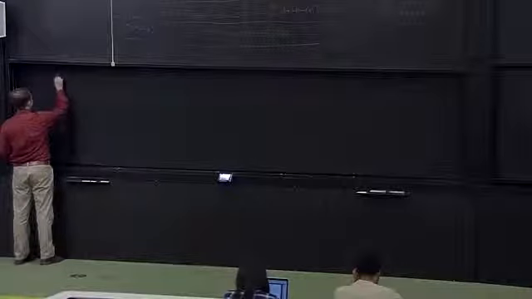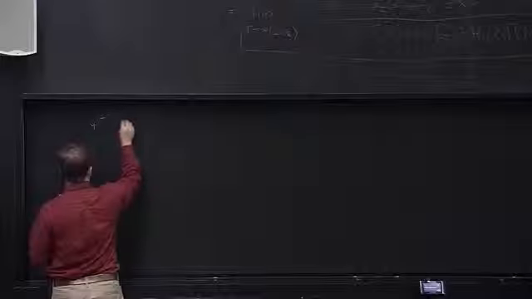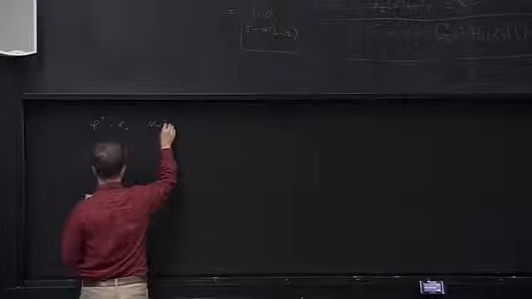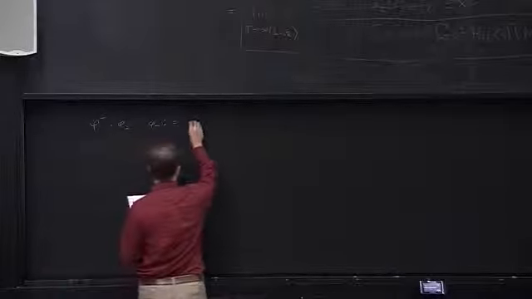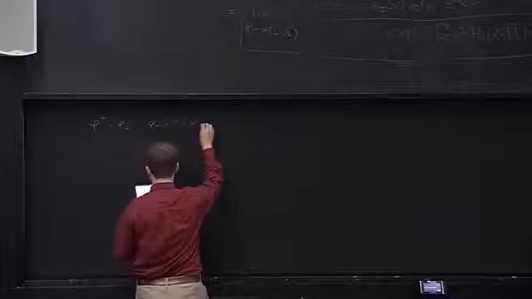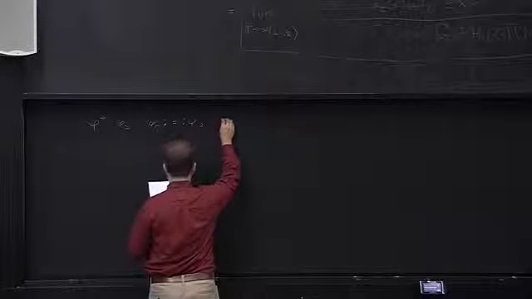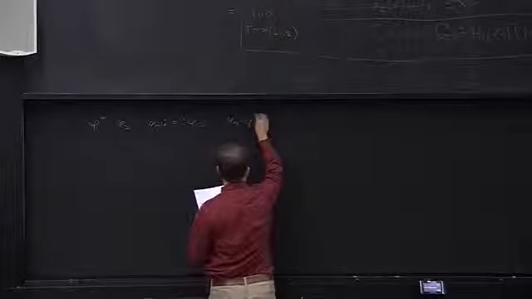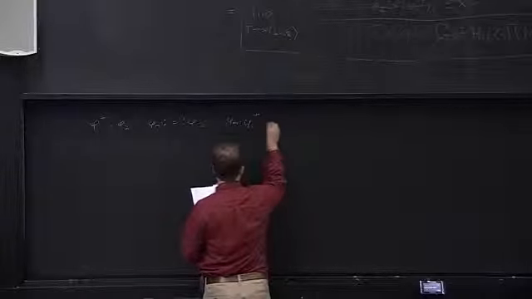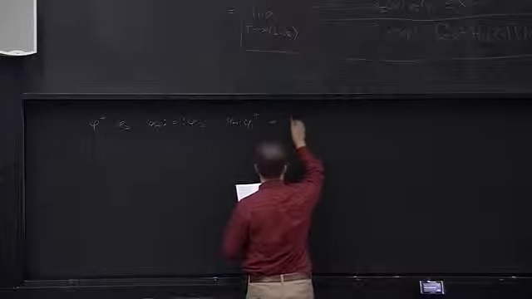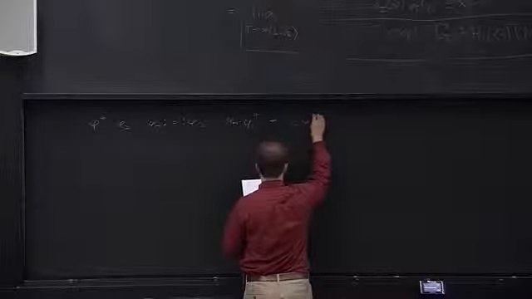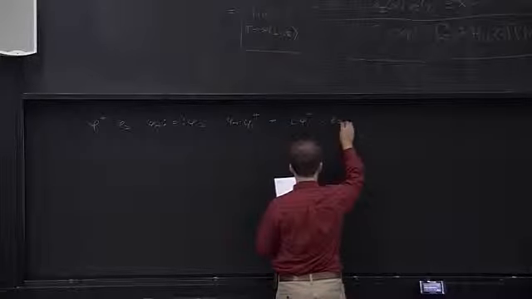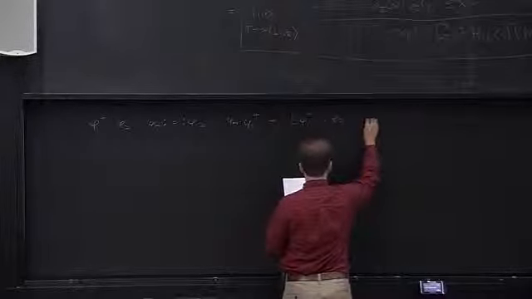Phi1 plus times phi2 up through phi m is the normal order product of phi2 up through phi m, phi 1 plus the commutator, phi 1 plus the normal order product, phi 2 through phi m,